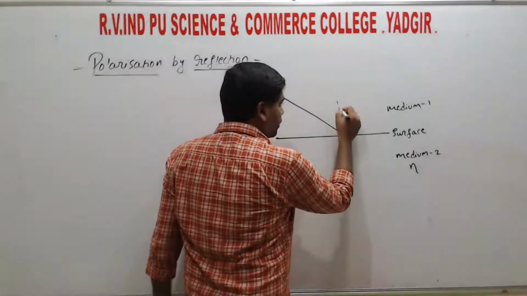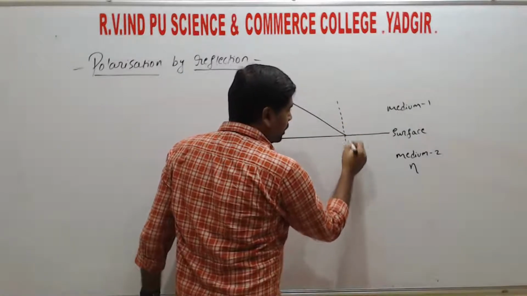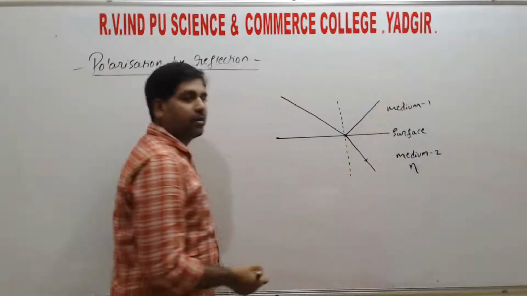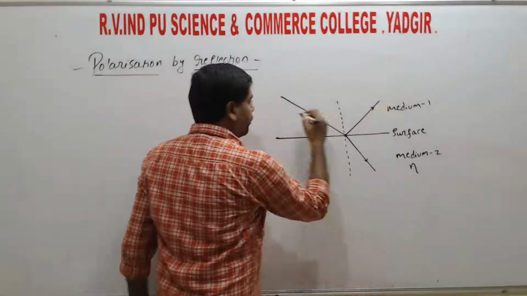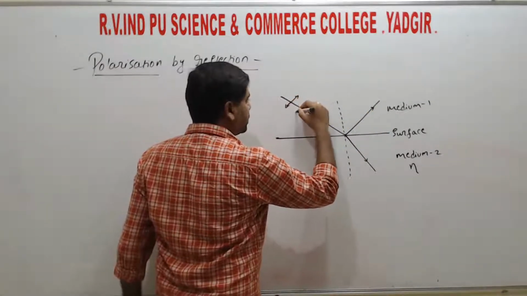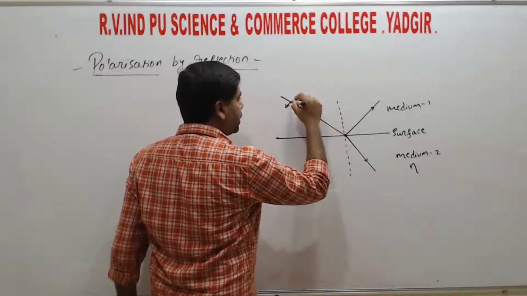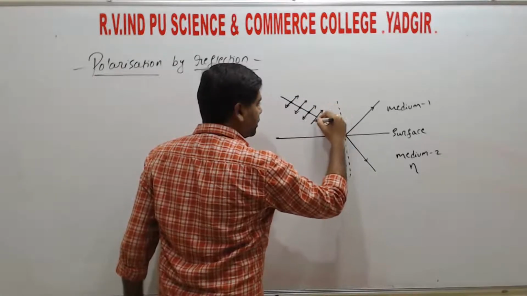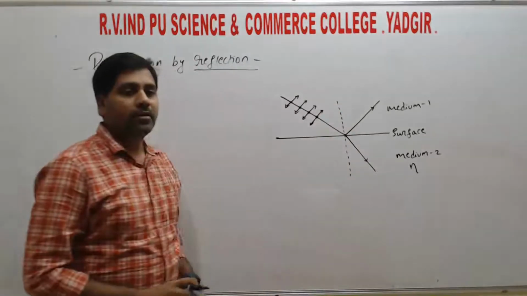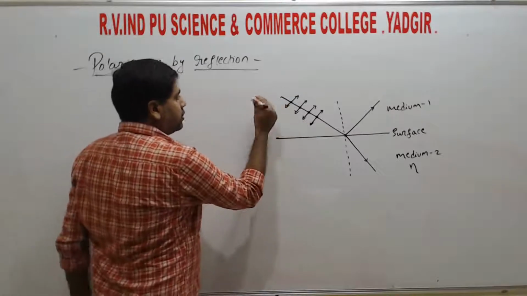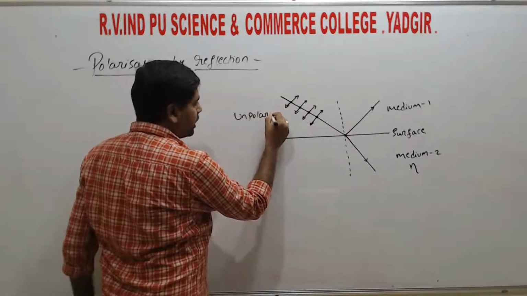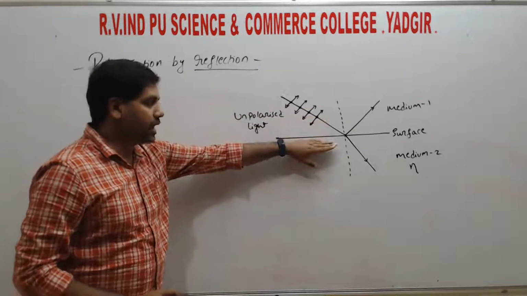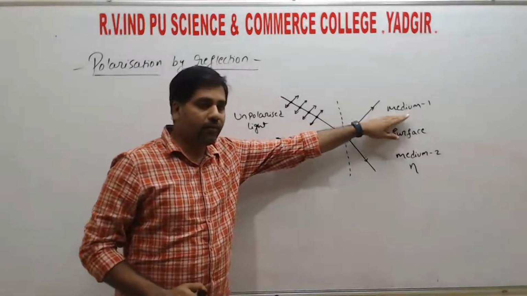Then some part of it is refracted into the second medium and some part of it is reflected. If we indicate unpolarized light, arrow marks with a dot in the center represent the unpolarized light. When unpolarized light strikes the surface which separates the two media, medium 1 and medium 2,